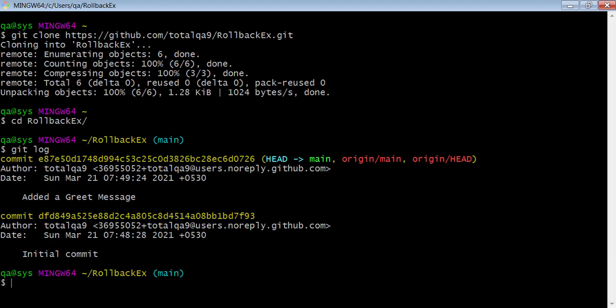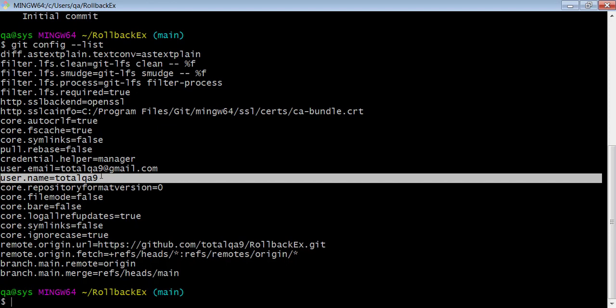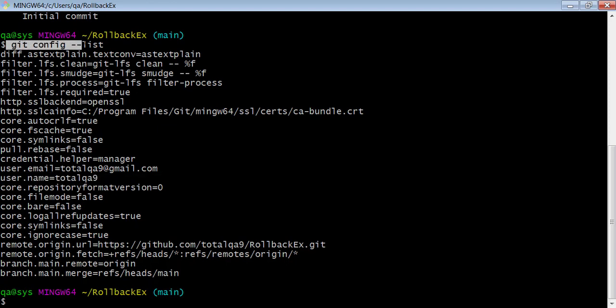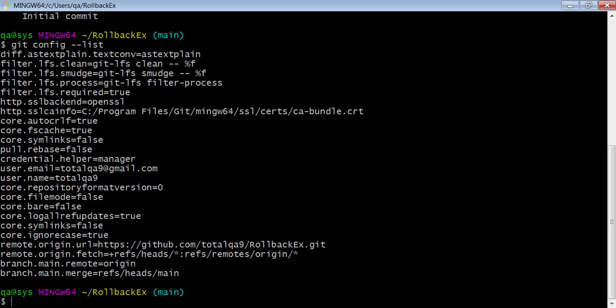One more important thing, there's a command called git config --list. This command will give you information about this branch and this repository. It is really helpful for understanding what our user.email and user.name are. If you want to modify them, you can do that easily from git bash. You can see remote.origin.url and remote.origin.fetch. A lot of information you can find using git config --list. But what is our objective right now? Our objective is to reset to a specific commit ID. Let's do that now.